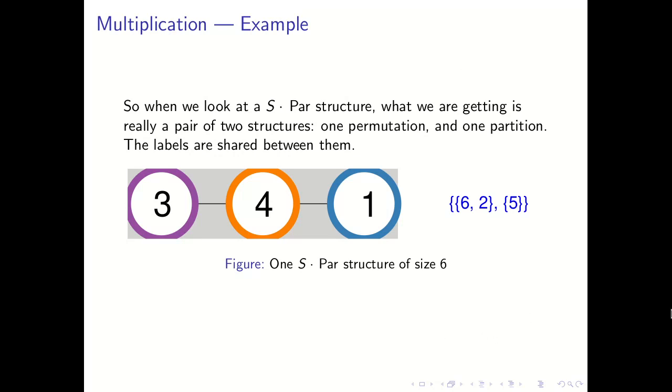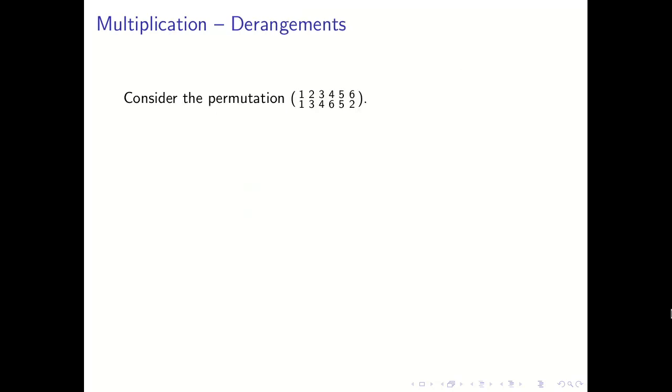Okay, so I want to calculate something now, and we've seen this notion that we call a derangement in the lectures. And here I've written down a permutation, and if you haven't seen this notation before, the top row is our domain and the bottom row is what every element of the domain gets mapped to. So 1 gets mapped to 1, 2 gets mapped to 3, 5 gets mapped to 5, 6 gets mapped to 2. You get the idea.